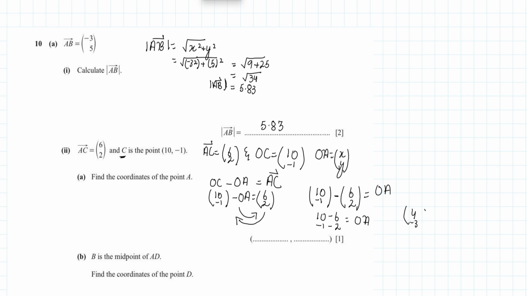So the value of OA is 4 and minus 3, and if you have to write down the coordinate, you write 4 and minus 3. Just write down the value here, 4 and minus 3 is the answer. So these two parts are very simple. Now